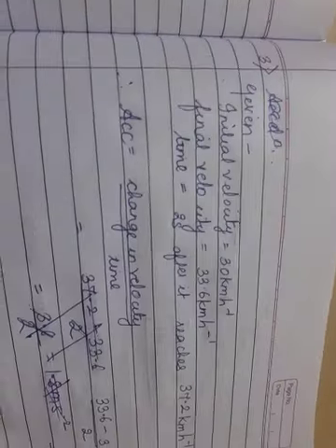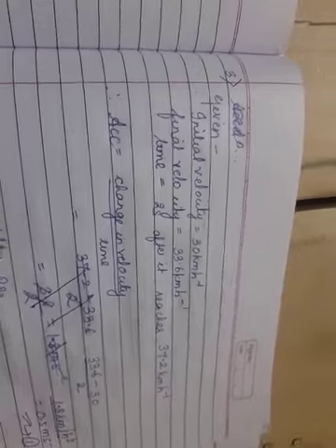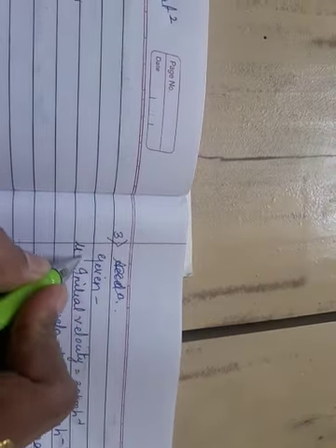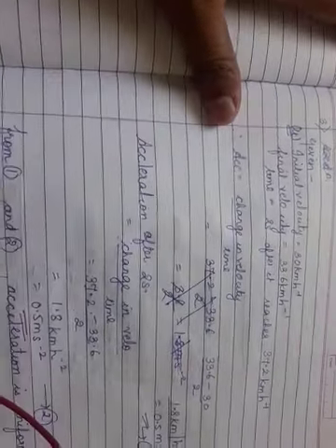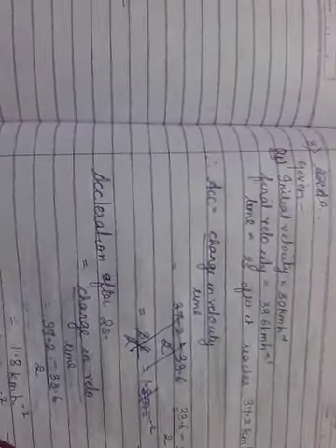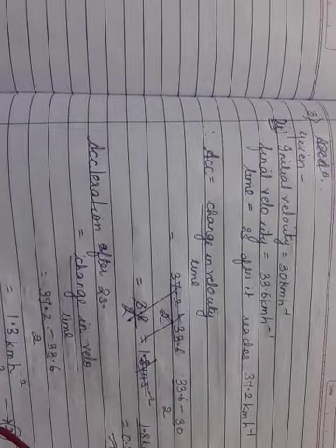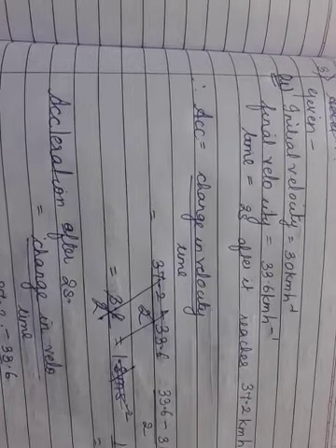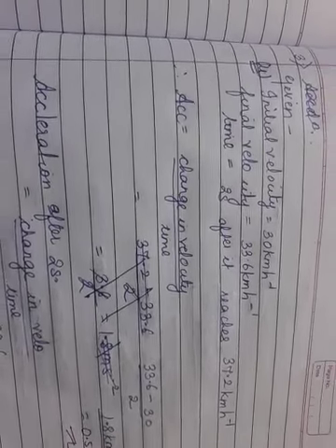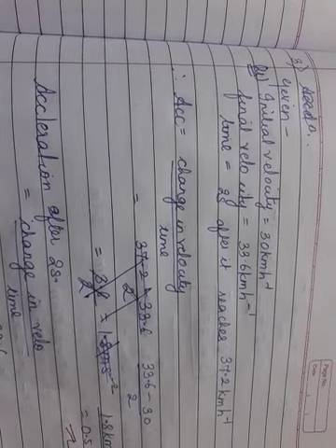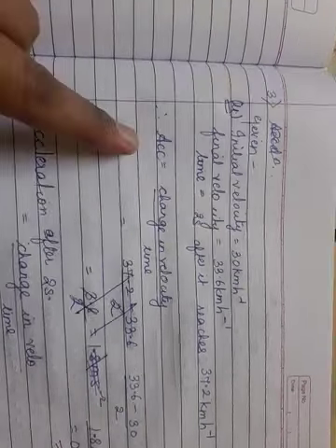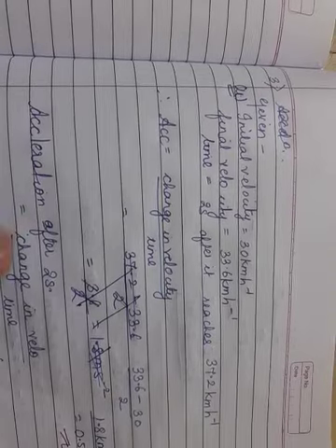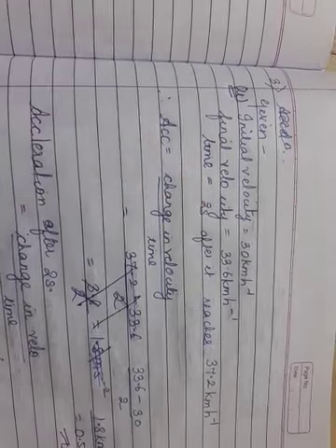Here is what is given. I have marked the initial velocity: at first the car was moving at 30 km per hour, so the initial velocity will be 30 km per hour. The final velocity here is 33.6 km per hour. Initial 30 km per hour, final 33.6. Again, after 2 seconds it reaches 37.2.